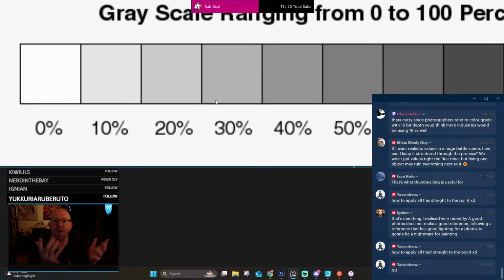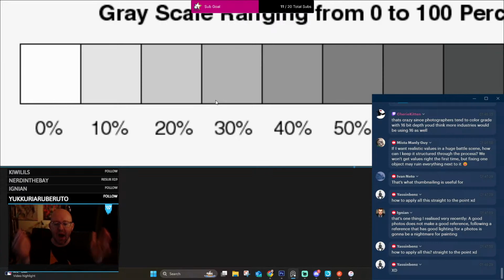Basically, on a 5-point scale, what do you have? You have your highest highlight, your lightest midtone, your midtone, your darkest midtone, and your shadow. That's your 5 values. That's how you differentiate it, and you never kind of stray from those. But you can stray from them once you get everything on there, and if something looks right and the colors are blending, you can do whatever you want. But putting the picture down on the canvas is the important thing up front.